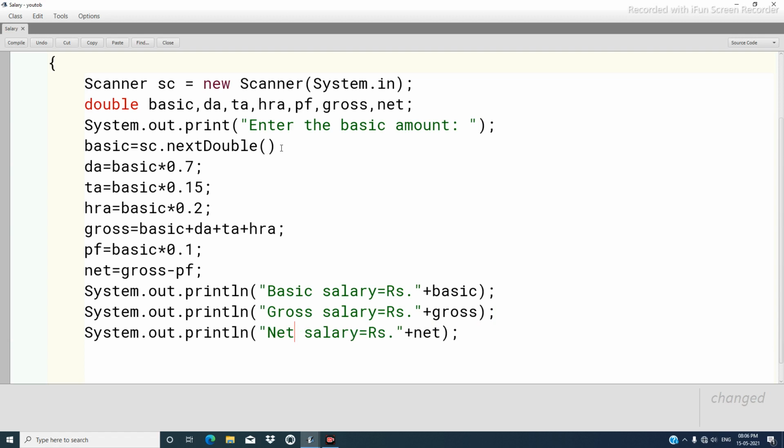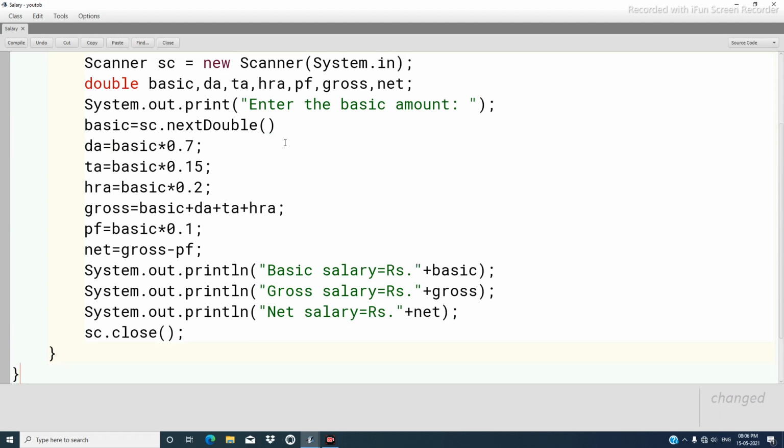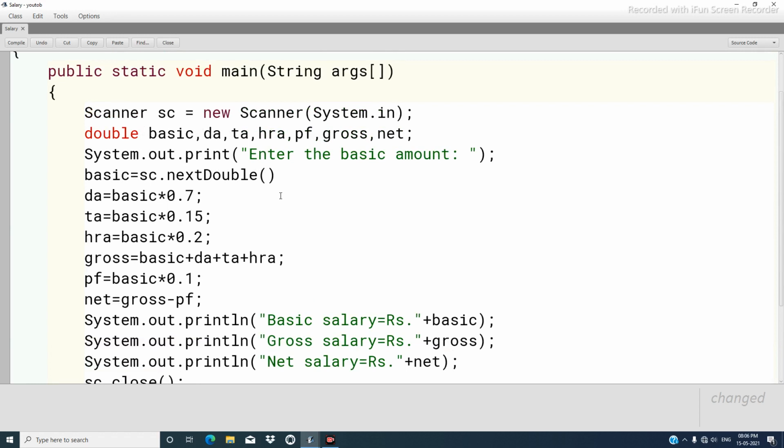Okay. After this, we close the object. So sc.close, semicolon, end of the function body, end of the class body. So this is the code.